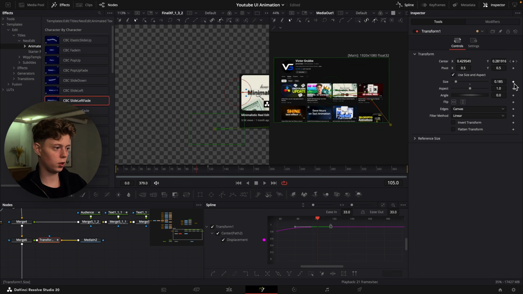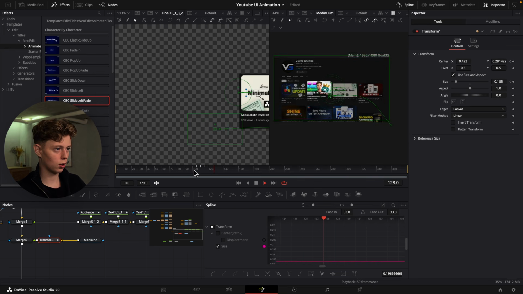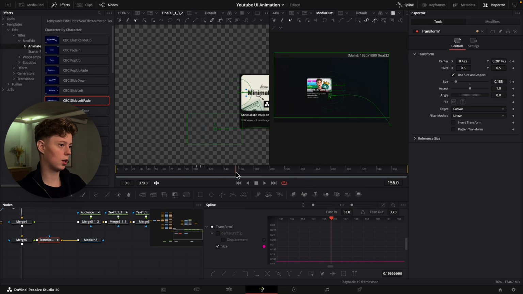So let's just keyframe the size, go 5 frames ahead to frame 110, and just size it up a bit, and then just go back, and then just go to frame 115, and then just copy the original size and add that. And then you just highlight, if we just move this one, displacement, and you just highlight all of these and click S for smoothen. So as you see, then we get that click,